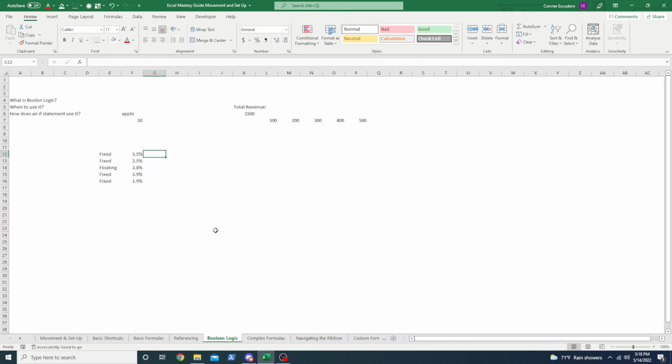All right. And let's just say you want to make an if statement. So it says, okay, equals if. What does the if statement do? Well, it says logical test. What does a logical test mean? It means Boolean statement. So if you want it to return as true or to return as false, here's what